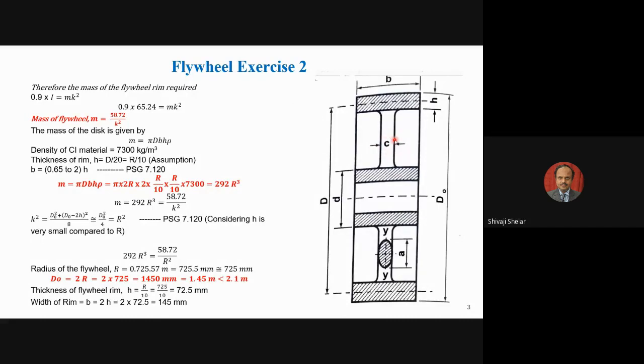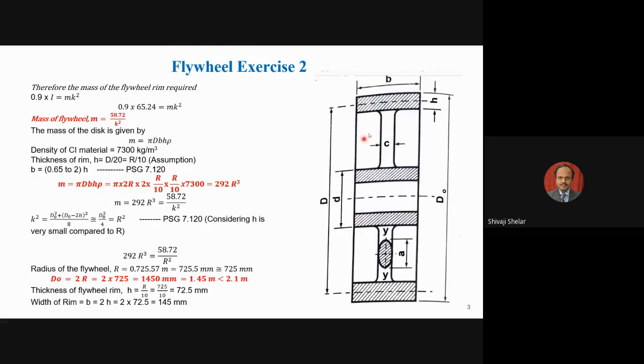The arm may be of the same material or a different material than the hub material as well as the rim material. So this flywheel may be made up of the same integral material, all materials the same, or they may be made up of different materials joined together depending upon the size requirement. Big size rim flywheels are normally made up of different materials and they are assembled with the help of bolting, riveting or any other mechanism. But small size rim flywheels are normally made up of the same material. So same material here, same material here and same material here.